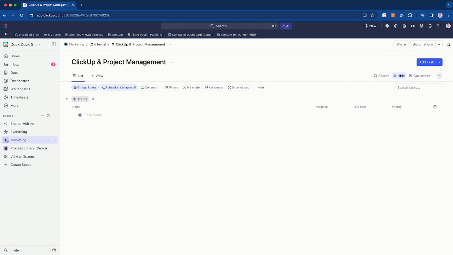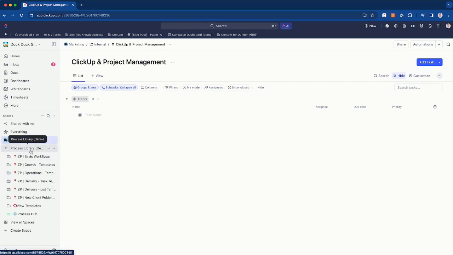So what I would recommend is after you build out your marketing space with this structure in here, what you want to do is build out a process library space as well. This process library space is essentially going to be where you are able to build, store, manage, edit, and optimize all of your process templates that you do here as a marketing team. So think about whether you do blog posts, website page updates, all those things that you do as a marketing team. We need to make sure that we get all of those workflows built out here inside of our process library,